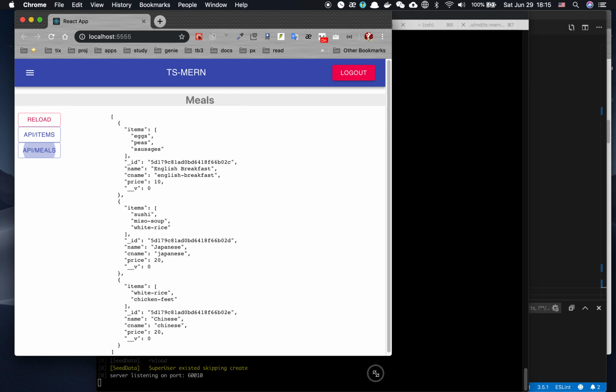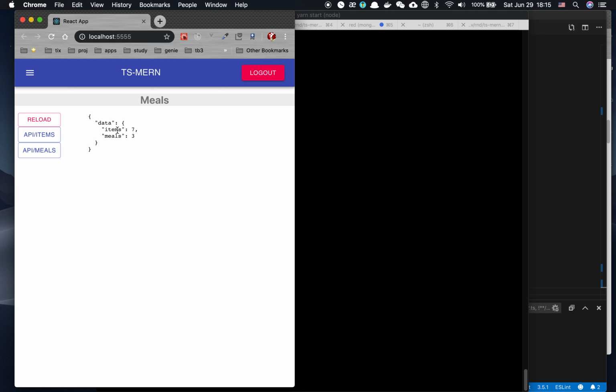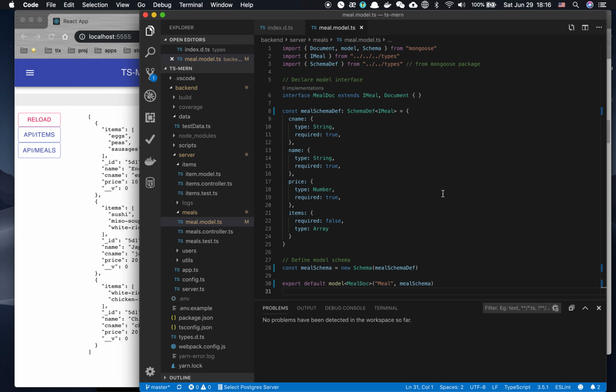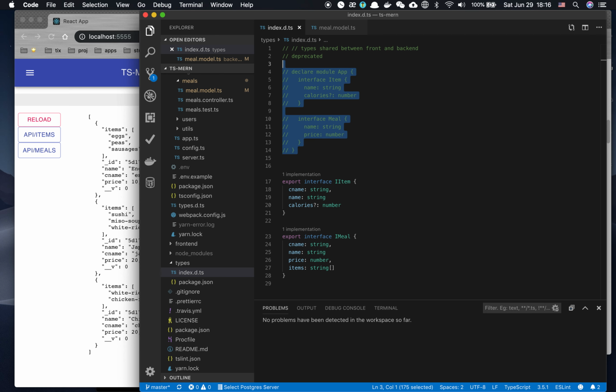So the app has a few more features. Let's see if I just reload the data. For example, the meals have items and a name and a CNAME. Let's say we wanted to add an extra property to this. So there are two places you have to edit because the